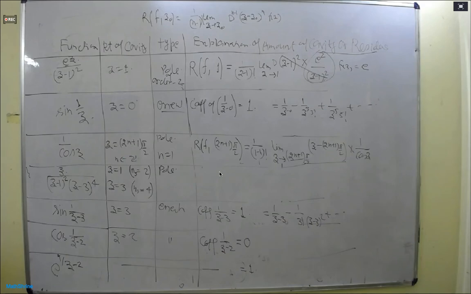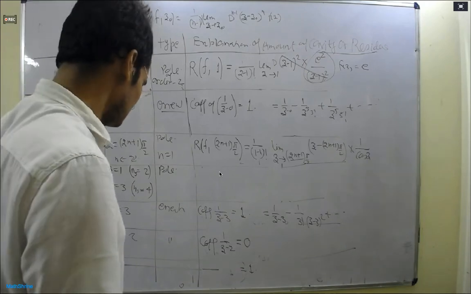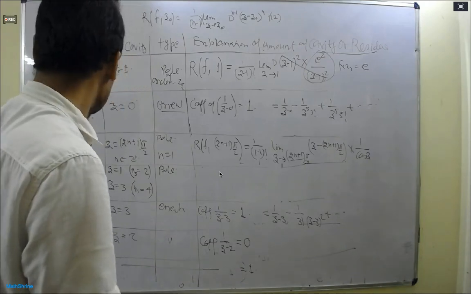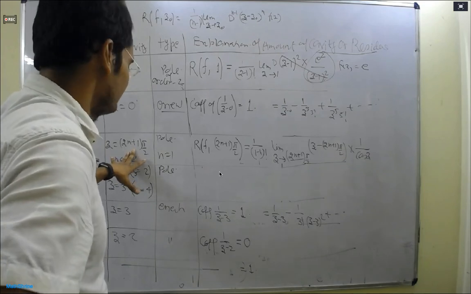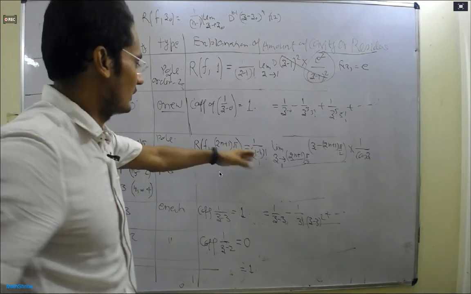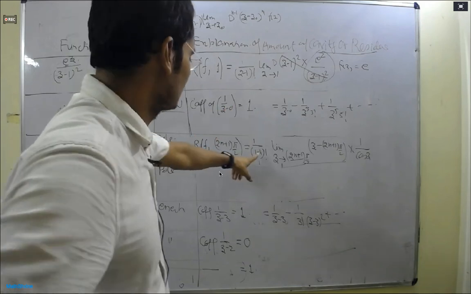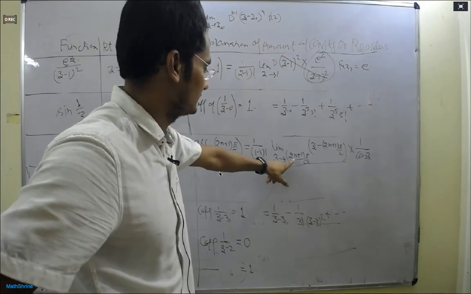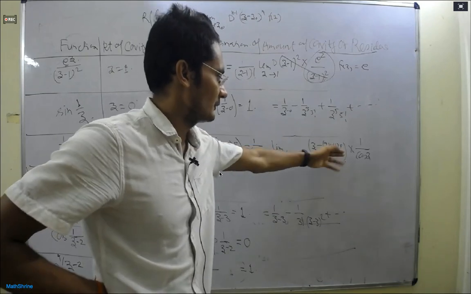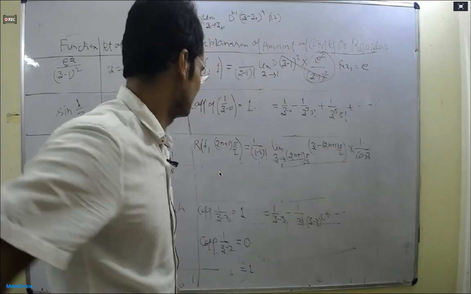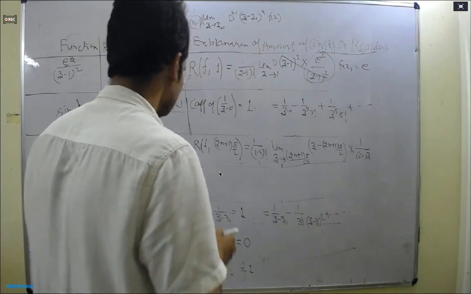Which one? Third one, 1 by cos z. So these are the points at which the function has a problem. Yes, yes. So just put the formula here, n is equal to 1. So 1 minus 1 factorial, limit z tending to the points 2n plus 1. This is the point. This is again the point. You have to calculate, right? These are the points, z naught, that is the singular point. Please calculate, everyone.